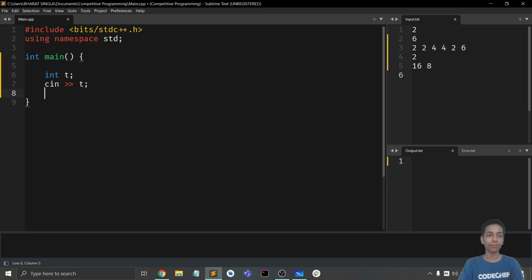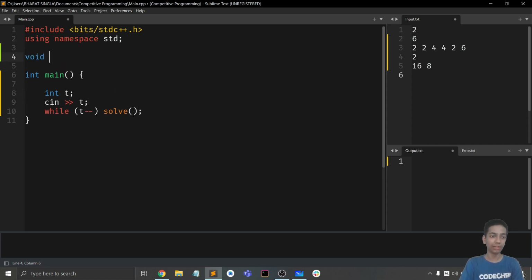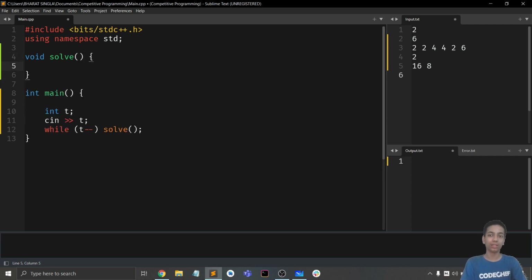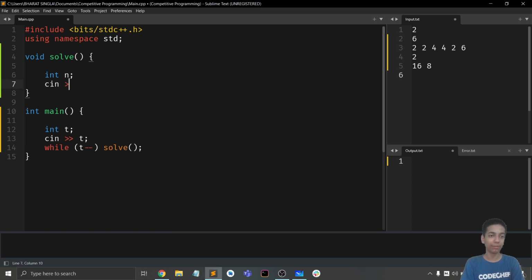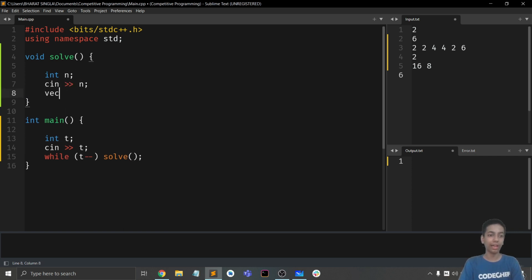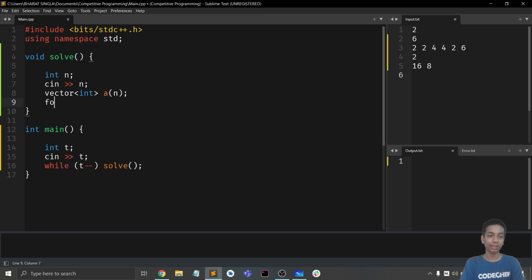So let's take the input for test cases and let's run a function solve. Right, so this will be a void function that will simply consider each test case as an isolated environment, and we'll do whatever we want to do for a given test case. So we input n, then we have a vector for an array of size n. Let's input it,